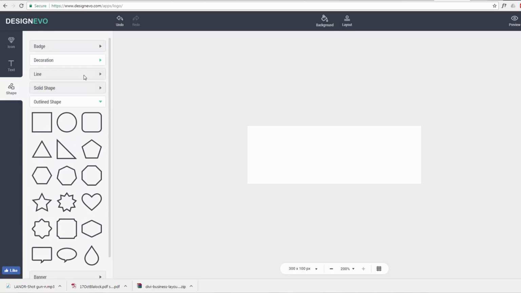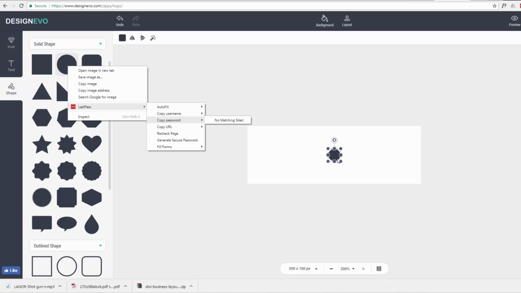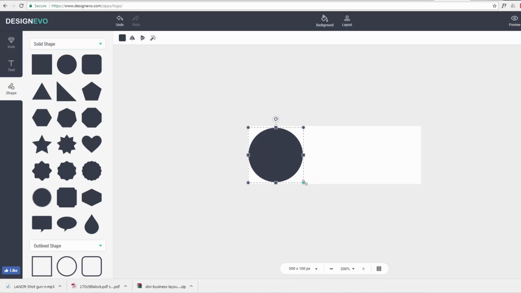So let's go for a solid shape. I want a circle. I've got something in mind. So I want a circle. That's good. I want it to be a fair size, taking up as much of my area as I can. And I'm going to have some white writing on here. I'm going to make that circle